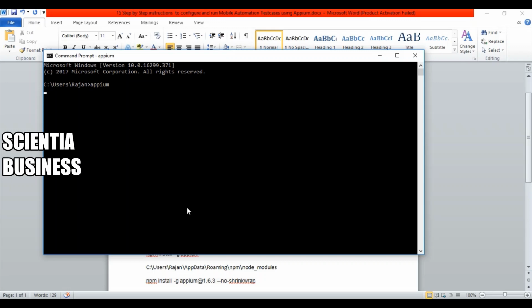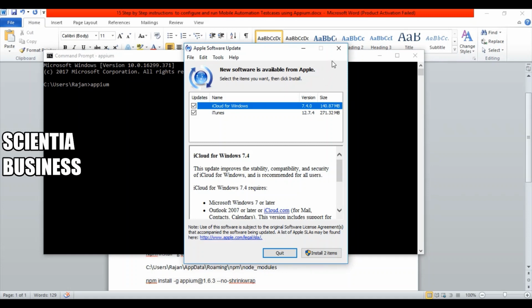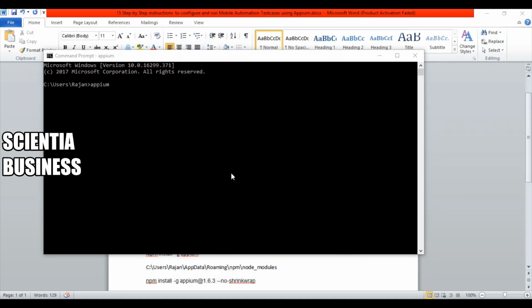It might take some time sometimes, but you don't need to worry about that. It totally depends, right? So it has launched the APM and now the server has started. The version it is giving me right now is 1.7.2.